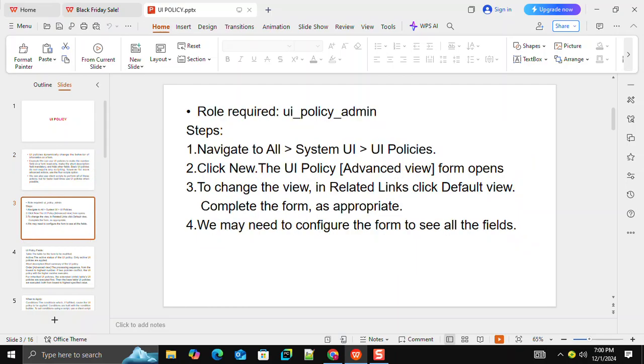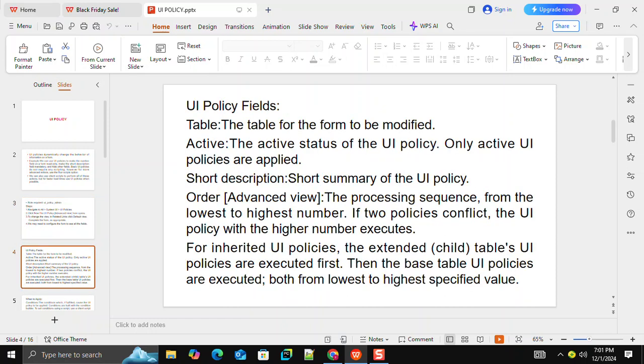The role required for UI policy is ui_policy_admin. The steps we need to follow: navigate to All, System UI, UI Policies. When you go to this path, we have a button called New. When you click on this New button, it shows the form, and we need to fill in the appropriate fields and configure all those details in that form. Next slide. But before starting the next slide, let us first go to